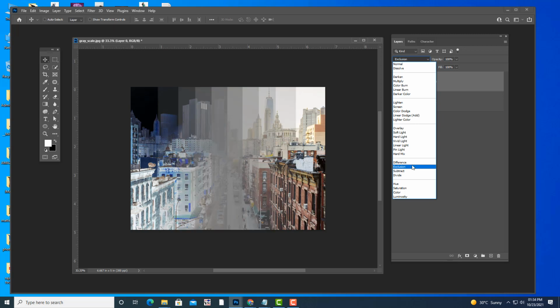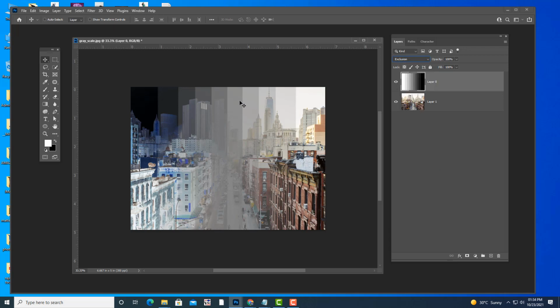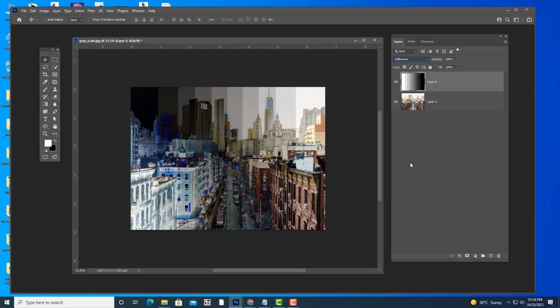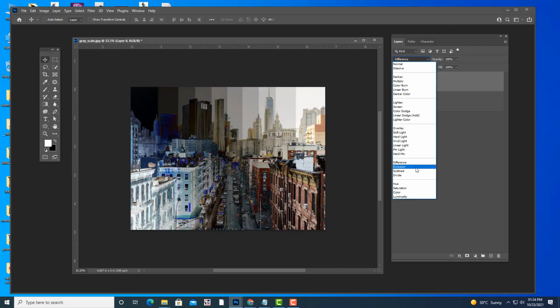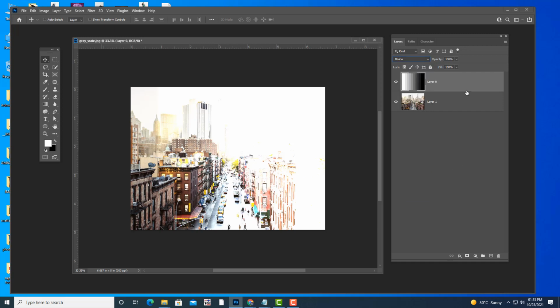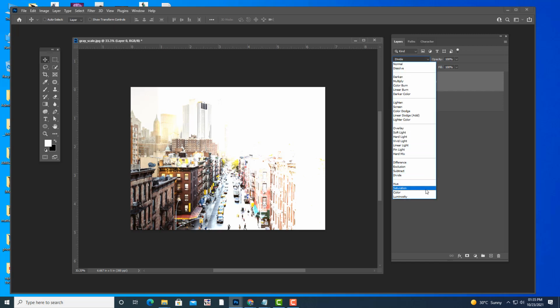Exclusion. The difference and exclusion are almost the same. Only difference is exclusion will keep some gray areas, while difference will even make those areas transparent. And then last one, subtract. Understand this. Right side we have black color, that black is shifted to left side by using the subtract blend mode. And the same thing divide will do. What divide has done, left side we have white color, now that white is shifted to right side. So that is why this is called an ulta section.